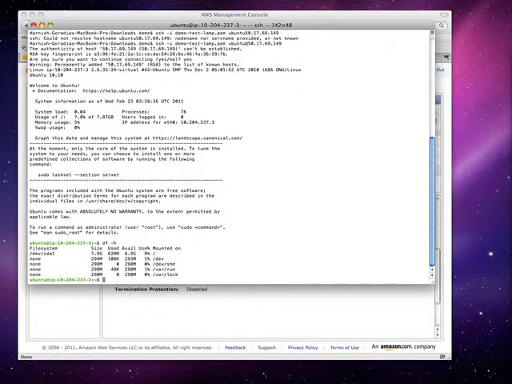Size 7.9 gig, it's 10 gig, and you have use of 9%. And this is what the machine looks like right now, as it is. Okay? So I'm going to update this.